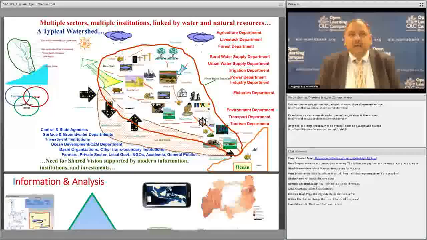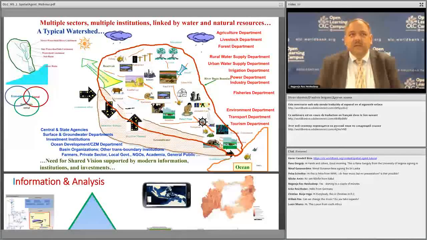And the key is to try and look at this as an interconnected system where if you, for example, have deforestation in upstream areas, that affects the live storage and reservoirs downstream, which affects the way irrigation services are delivered or environmental or community services are delivered in other parts of the watershed. So everything we touch is connected to everything else, not just from a hydrologic point of view, but from a